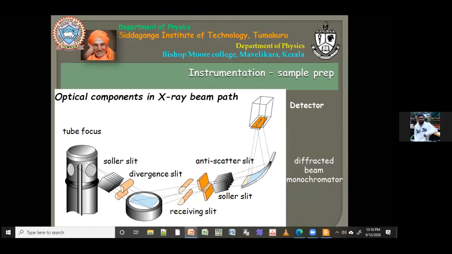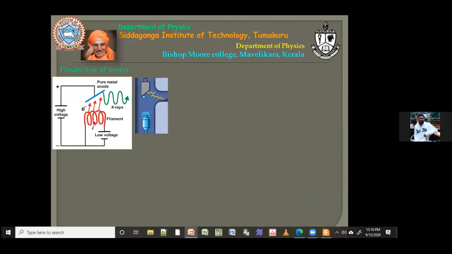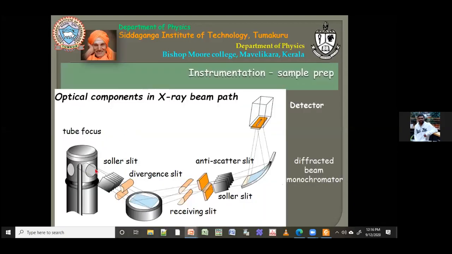So these are normally the components of your X-ray diffractometer. Now, how to generate X-rays? This you already know. You take a filament and apply some voltage to the filament. The filament gives off electrons, and when these electrons hit some metal, it starts giving off light, which is nothing but your X-rays. In the previous part, what we are seeing here is just the X-rays coming out. We are not seeing the filament or anything.